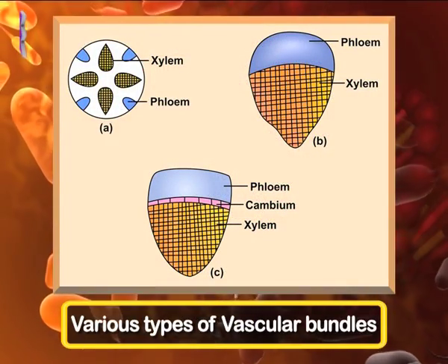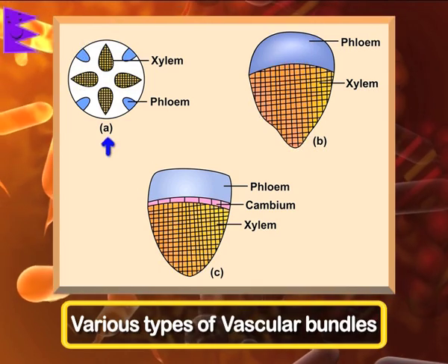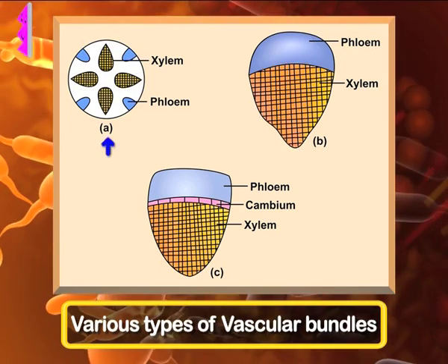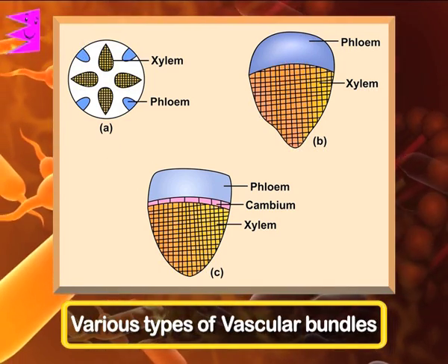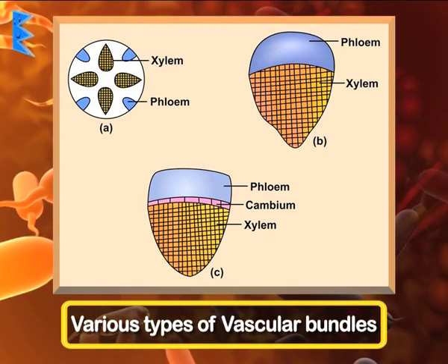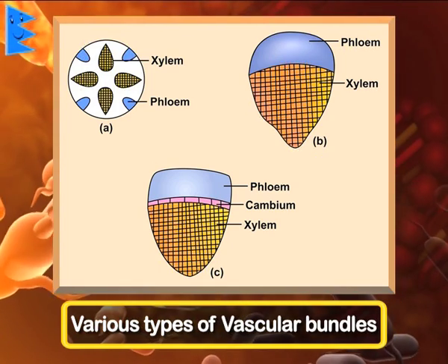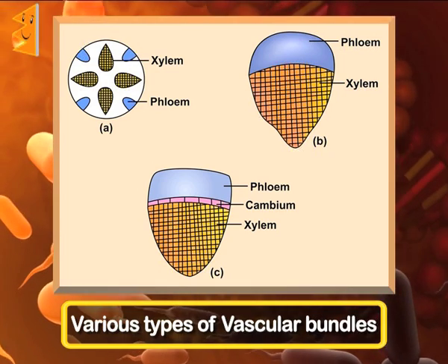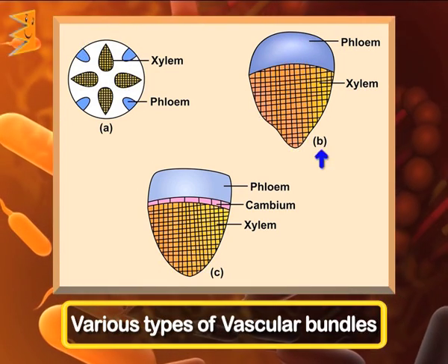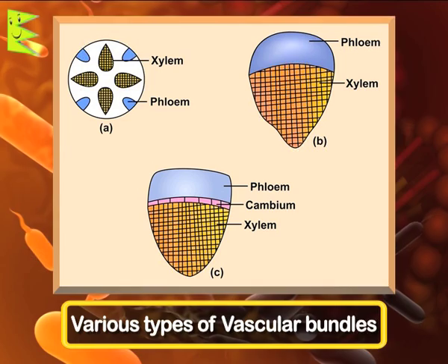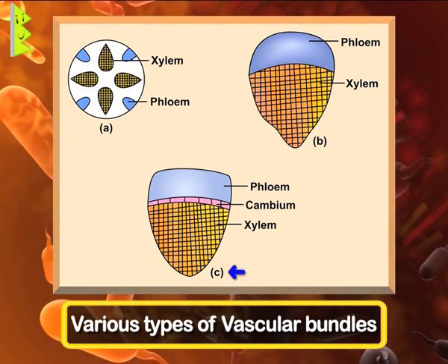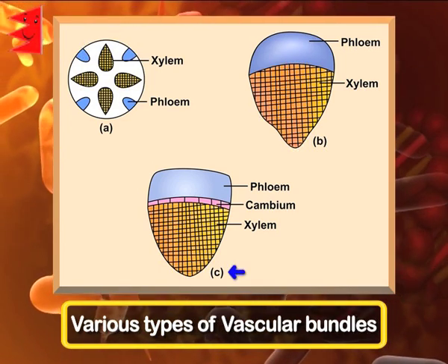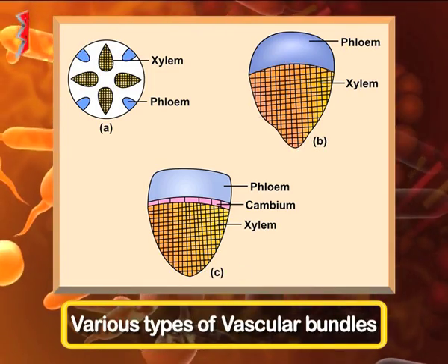First is radial arrangement. They are arranged in the form of a circle, xylem, phloem like this. Then is conjoint closed arrangement, in which you can see xylem and phloem is present but there is no cambium present. And in the case of conjoint open system, you can see cambium as a strip is present between xylem and